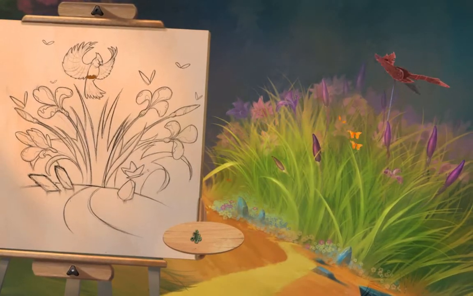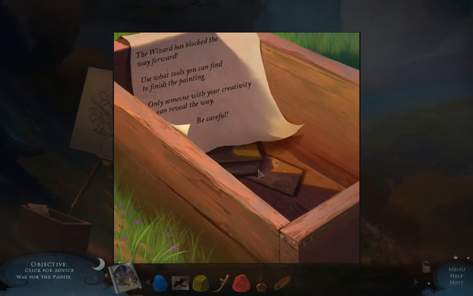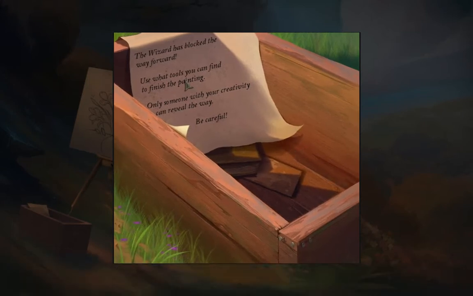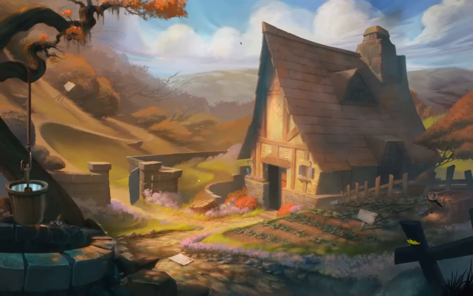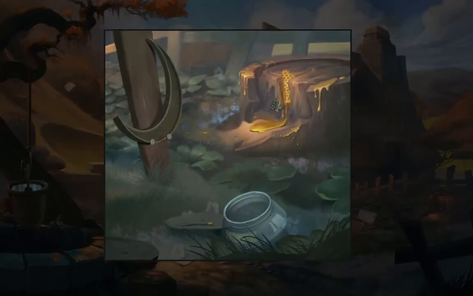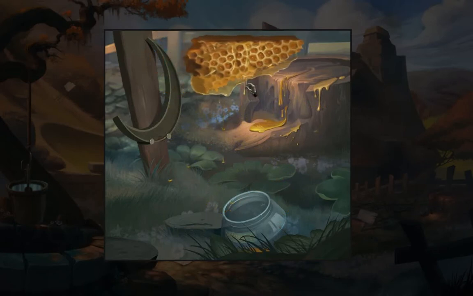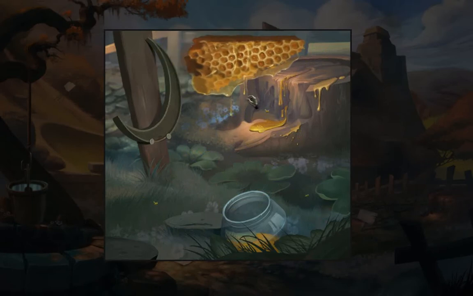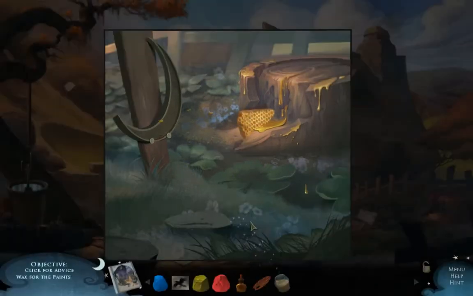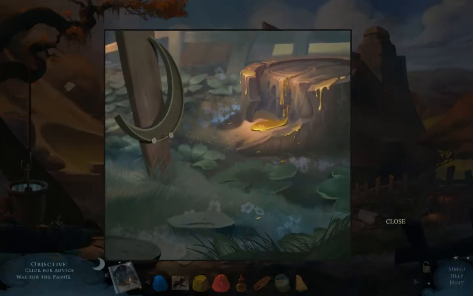I have a painting here to complete, but we need to have the palette, we have linseed oil, and a short message. Now we can come here, a place which we ignored at the start, so we can take the honeycomb, and we need to fill the jar. Now that we have the jar of honey, we're going to use it later, but we also get the beeswax,